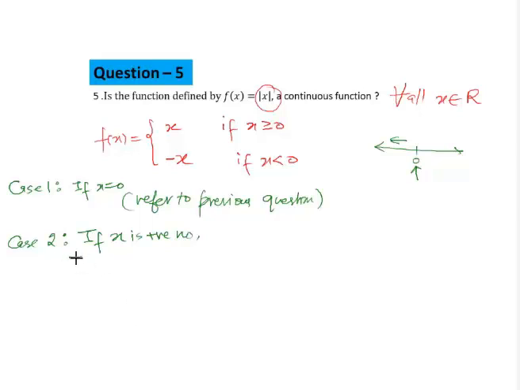Let's take any number, let's say c, which is greater than 0. Now we're going to check for c whether the limit is equal to the value of the function. First we need to find the limit. So the limit of f of x when x is approaching towards c,